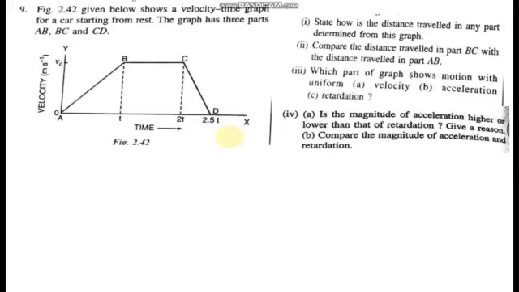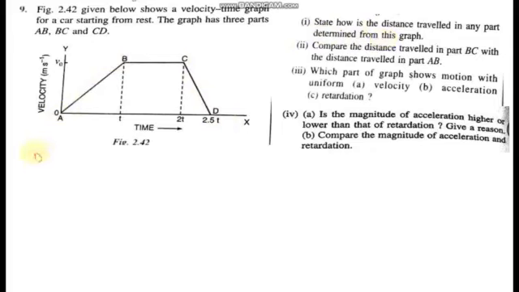Come to the next question, the 9th question. Here we are given a velocity time graph for a car which is starting from rest. The car is starting from rest, velocity 0. The graph has 3 parts, that is AB, BC and CD. The first part of the question is, state how is the distance travelled in any part is determined from this